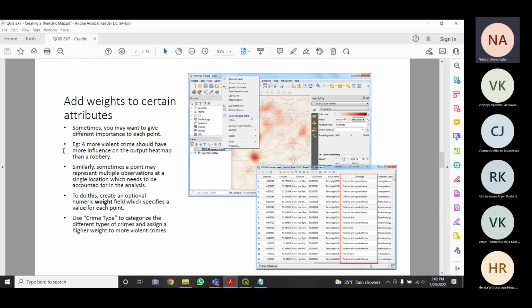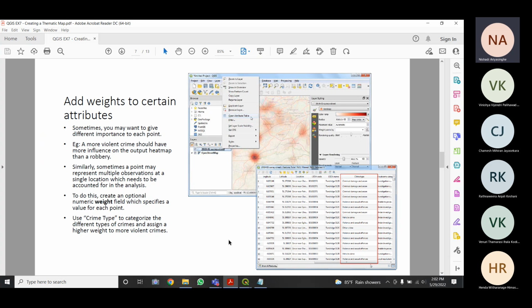Sometimes you may want to give different importance to each point. So the crime type takes more importance than the other data. If somebody asks you to do analysis regarding the crime type only, then the crime type attribute gives more importance than the other attributes, right?